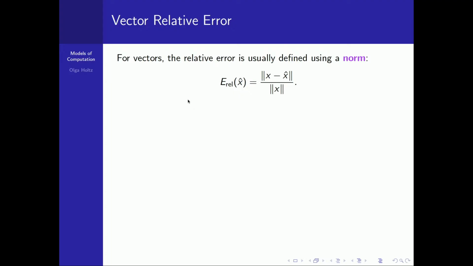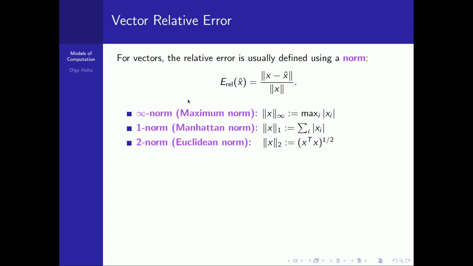And then we will introduce the relative error in our approximate or computed vector answer x hat by comparing it to the true vector x, by taking the difference, taking the norm of the difference, and dividing by the same norm of our vector x. Okay, and here there are some popular choices. There are many, many more. There are infinitely many choices, obviously, for a norm in your n-dimensional space. But some popular choices are listed here.